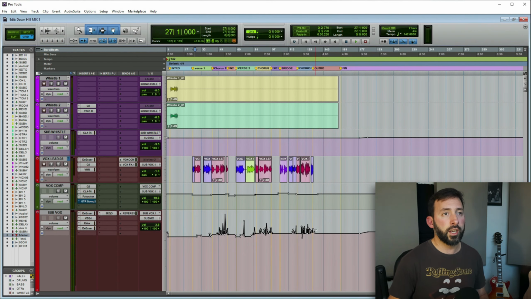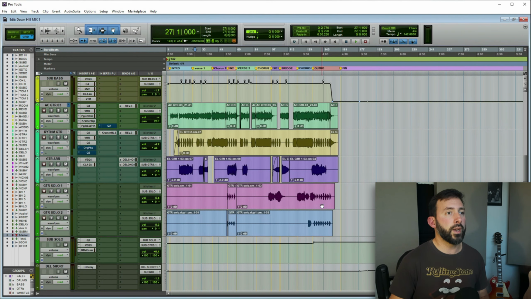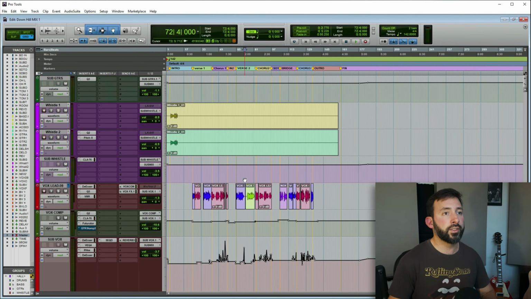But other than that, you can see here is all the automation done. I do all the automation here on the mixing session. I do all the EQ and compression and effects. All is done on the mixing session. So now it's sounding a lot more polished, a lot better in every single way. So that's the mixing for. Once you have done your demo and you decided how the song is going to be, you go to the pre-production, you add all the elements of the song, and then you go to the mixing session in which you make every single element sound better and cohesive as one piece, as one band in this case. That is the mixing session.